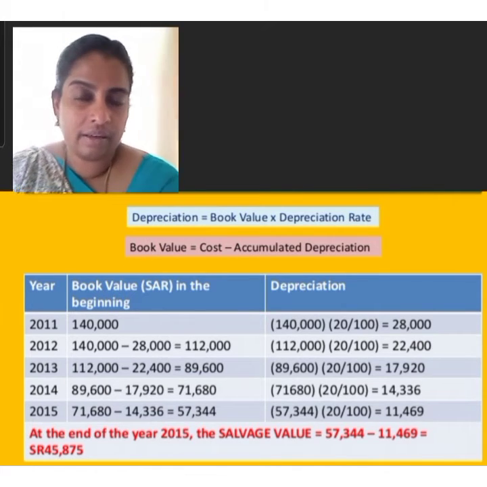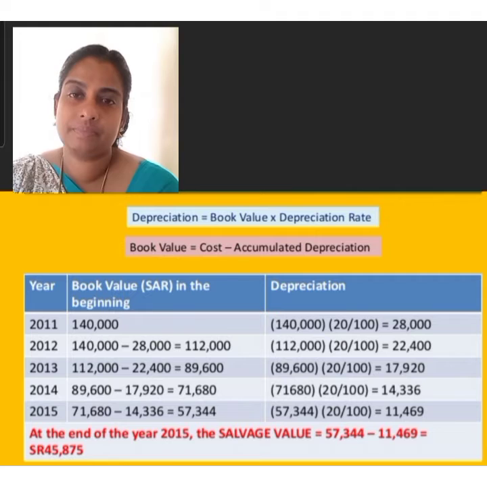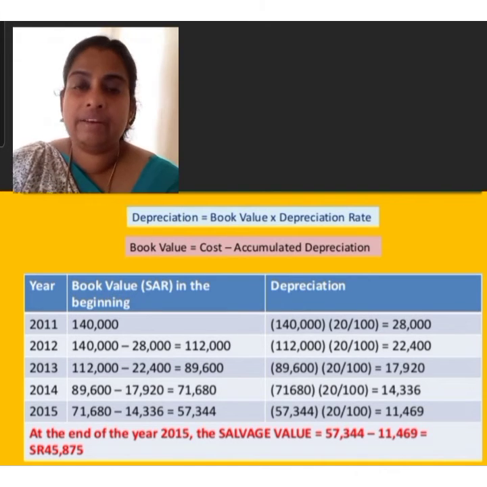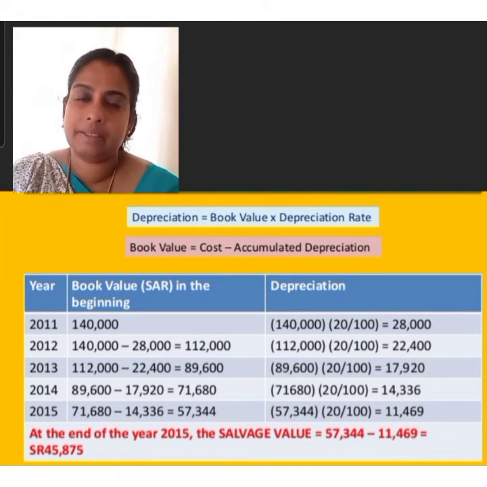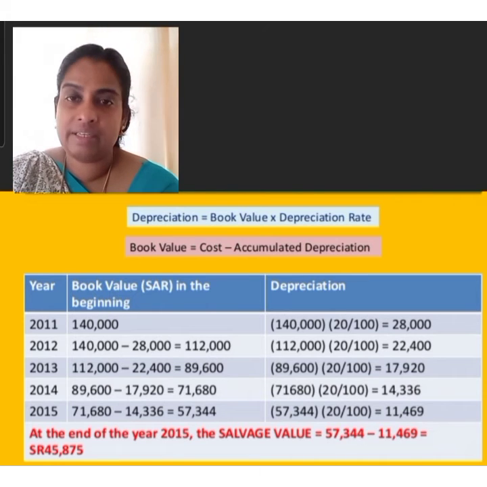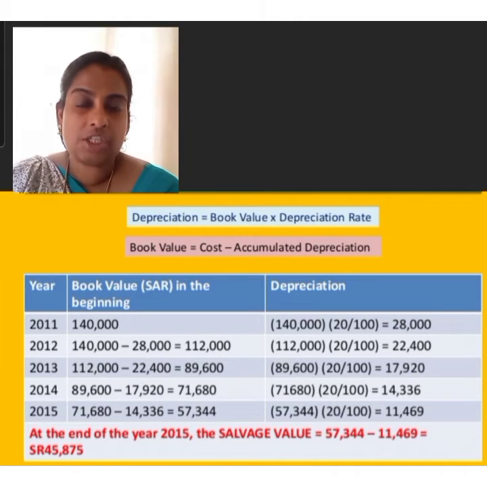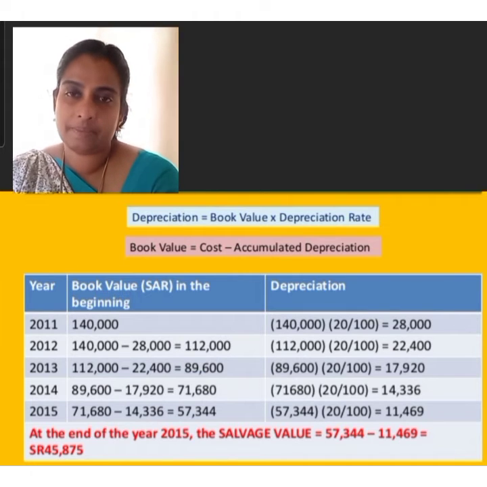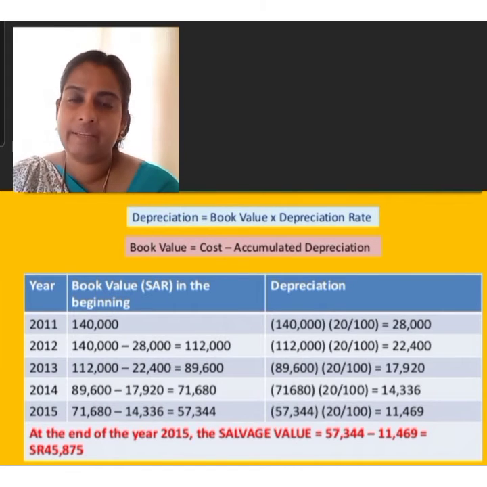After calculating the 5 years depreciation, the next step is to journalize the transaction. For journalizing, first we write the journal entry for the first year. The first journal entry is for the equipment purchased. Equipment account debit 1,40,000 to cash account 1,40,000. Then at the end of the first year, on 31st December, charge depreciation: depreciation account debited to machinery account, 28,000. Then write off the depreciation: profit and loss account debited to depreciation account, 28,000.